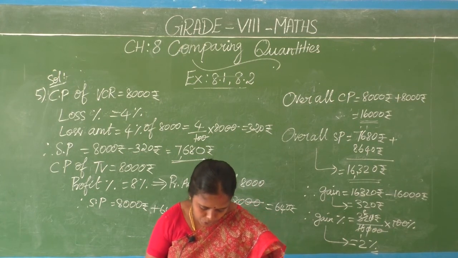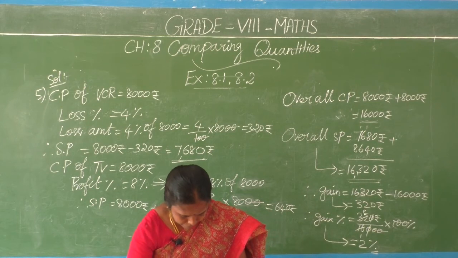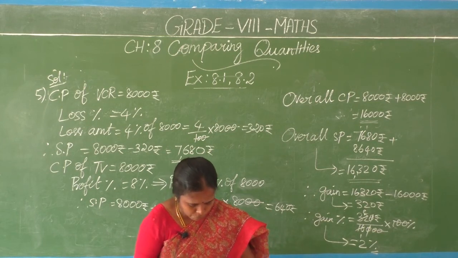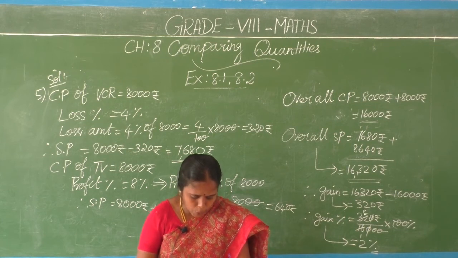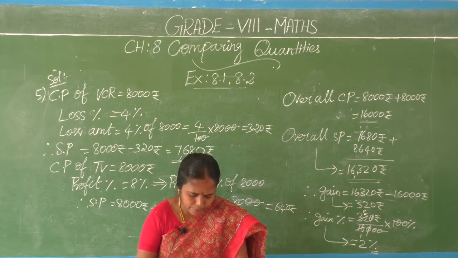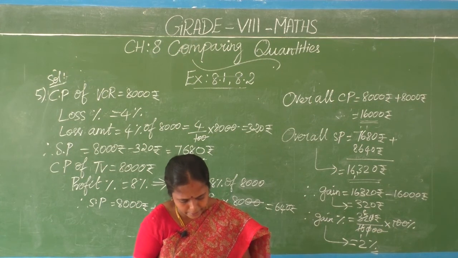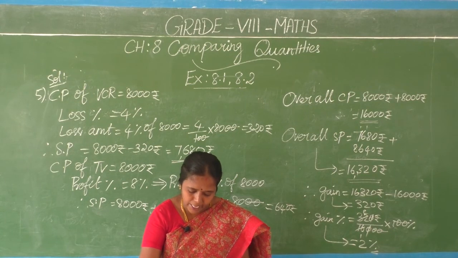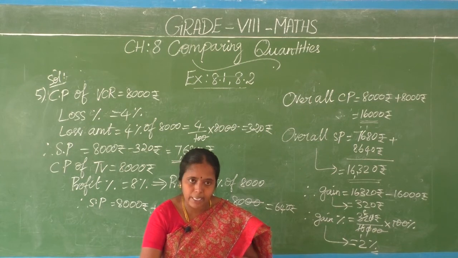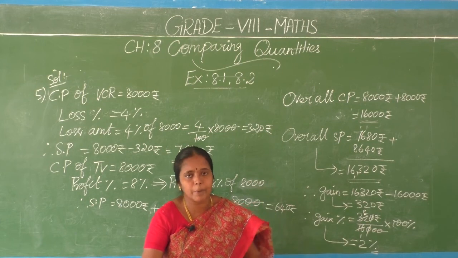Okay, the last question, copy this neatly in your classwork. See, I am doing the 10th question. I purchased a hair dryer for 5,400 rupees including 8% VAT. Find the price before VAT was added. Actually VAT is nothing but value added tax. That tax will come on the sales price of the particular item only.